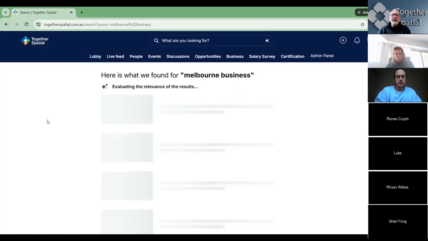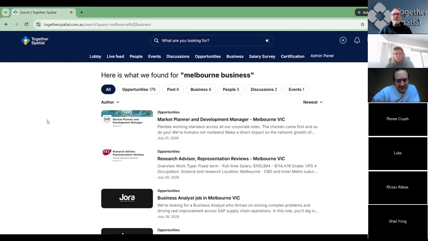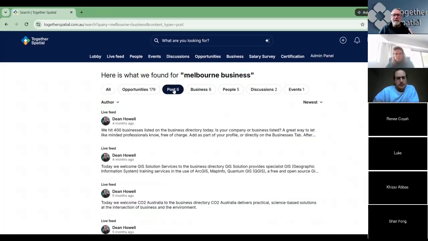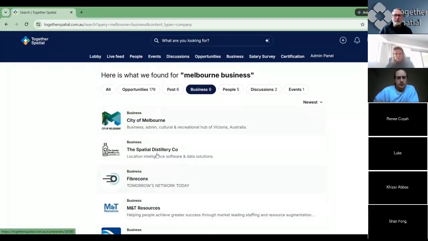It's not great, this AI tool, and it's being improved, but basically it's just a keyword search. It shows you opportunities it's found with Melbourne in it, any posts, businesses, so we can see,